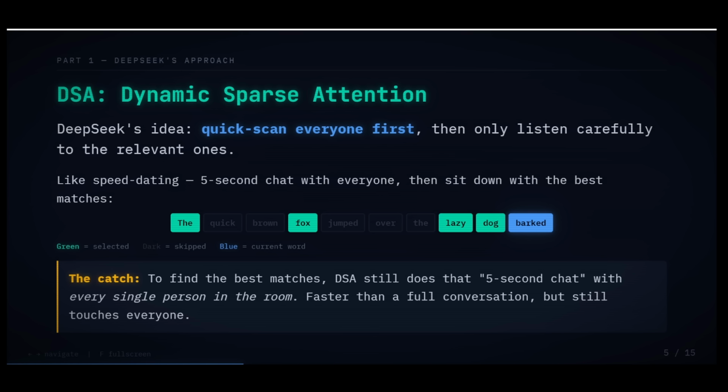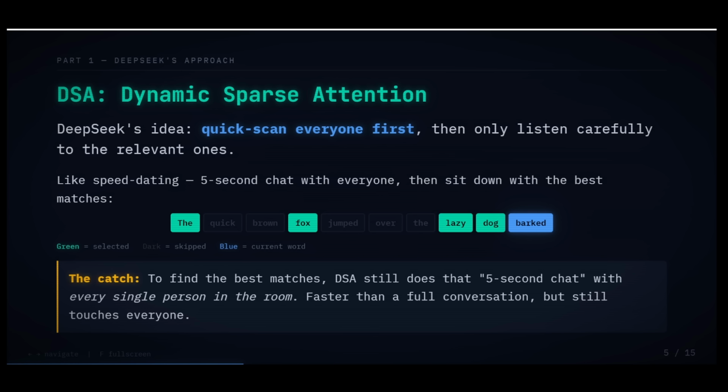So think of it like speed dating. Instead of having deep conversations with every person in the room, you do a quick 5-second scan of everyone first. Does this person meet my basic requirements? And then you could sit down and have real long conversations only with those that you think are a promising match. So in practice, for each word, DSA does a quick dot product, basically a similarity score, against every key